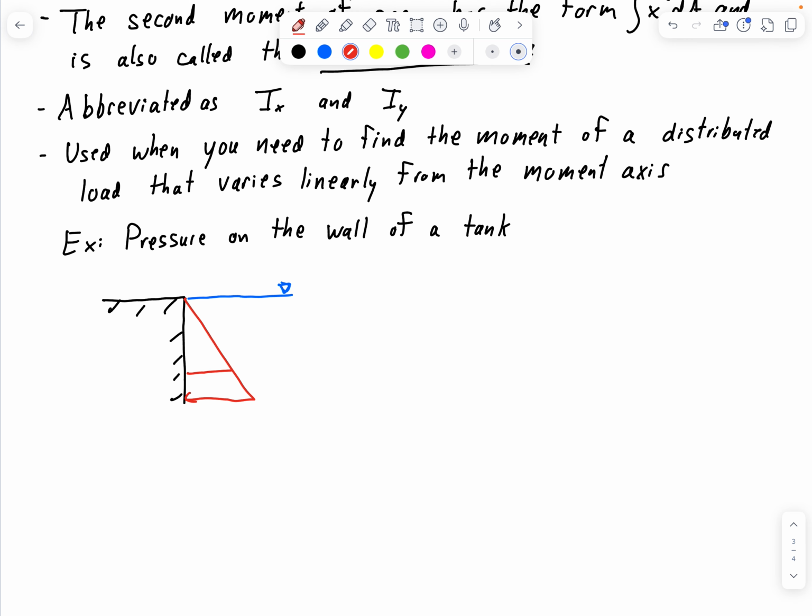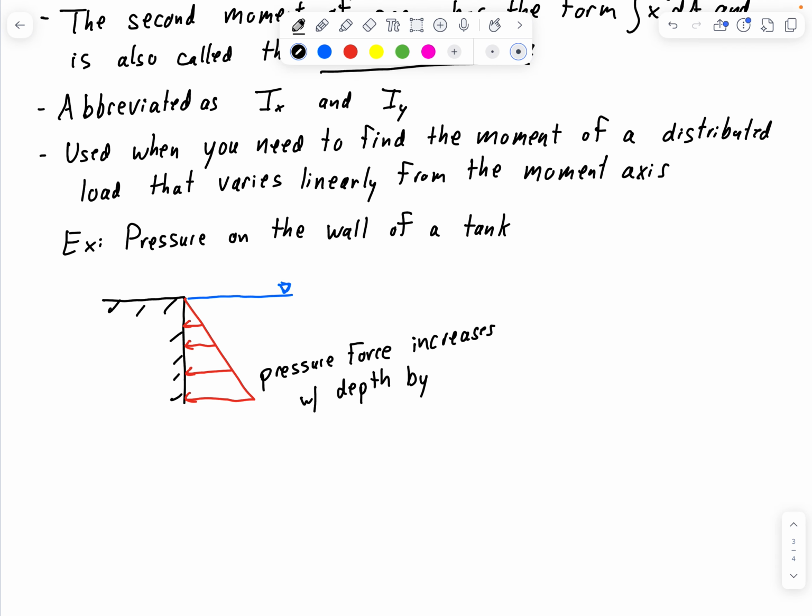So at the top, we'll have a pressure that's equal to the atmospheric pressure, and then as we go deeper, that pressure force, the force due to that pressure, is going to increase linearly. So it increases with depth